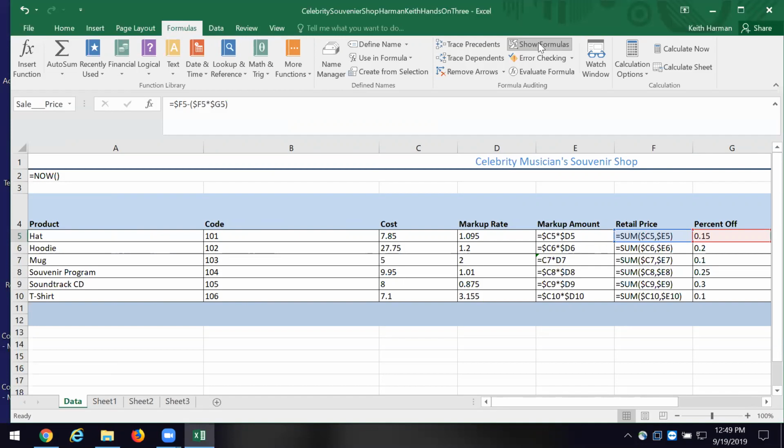All right, now over in column F, we have another formula, and we're computing the retail price. Now, what formula am I using there? I'm using the sum, and what do I have inside the parentheses? Okay, I have the dollar sign, so I'm identifying the column, staying in the columns. Why do I have a comma there instead of a plus sign?